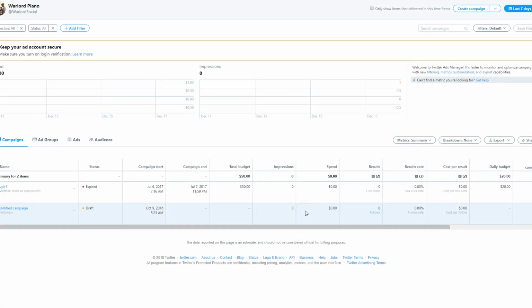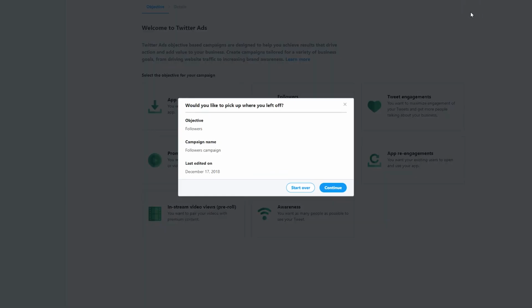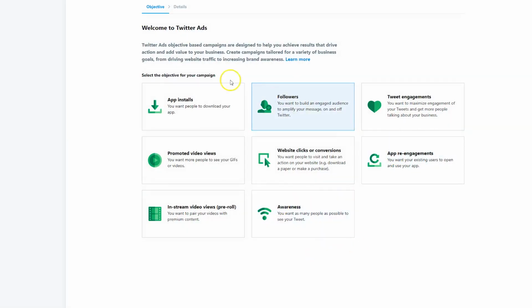Okay, so here we are on the Twitter dashboard. We're going to come up here to Create Campaign. Click Start Over. And let's talk about these Twitter campaign goals. Now, campaign goals or objectives, you'll notice, are taking over advertising platforms. Google AdWords, Facebook, and a bunch of other ones have chosen to create this step in their ad creation process